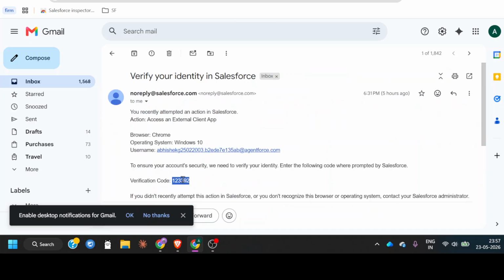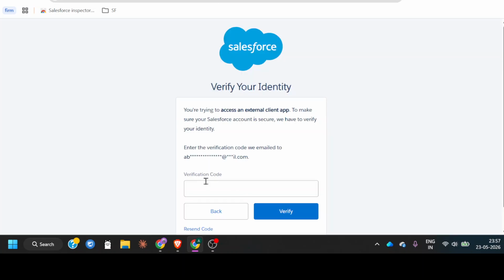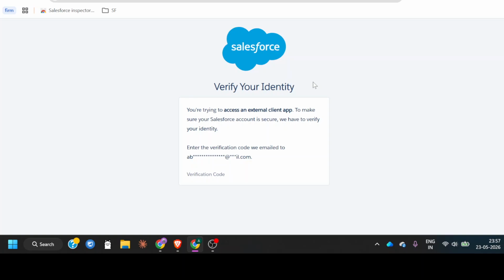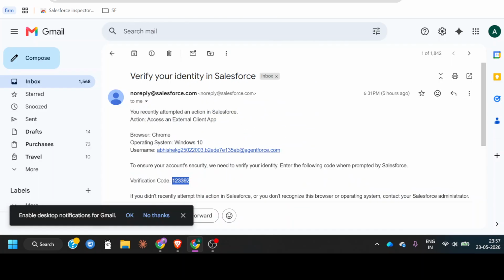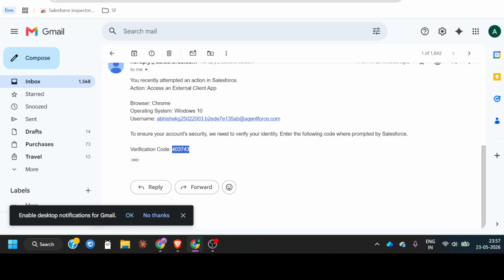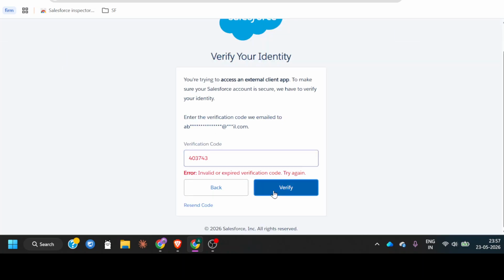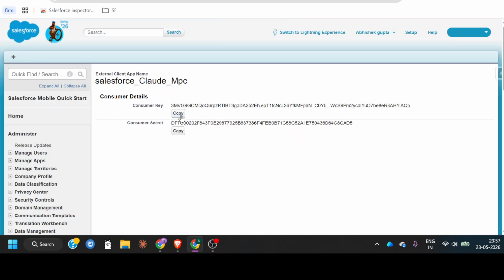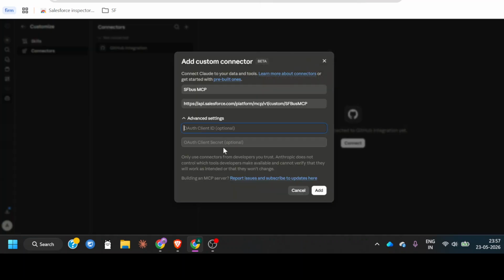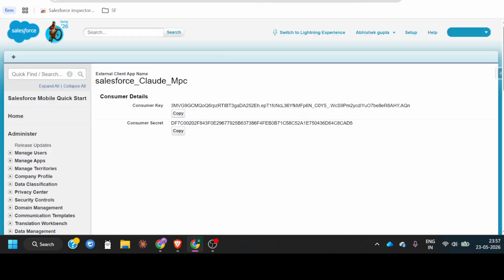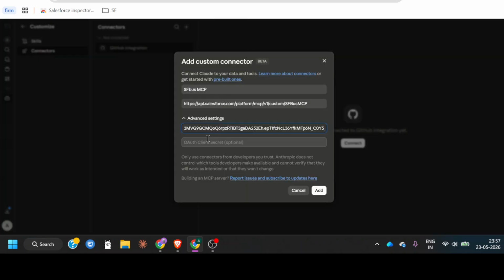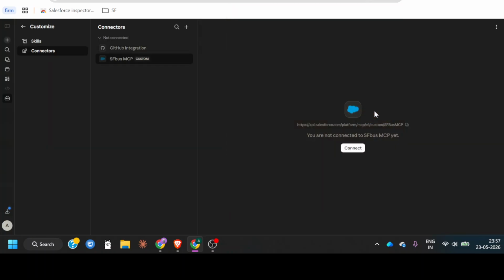Let me just copy and paste. Okay, verify. Get this one. Okay, I got the customer key and secret. I have to paste here and paste here also. Okay, now if I hit the add button, no thanks, the Claude is connected with my Salesforce. If I click on the cloud connect,